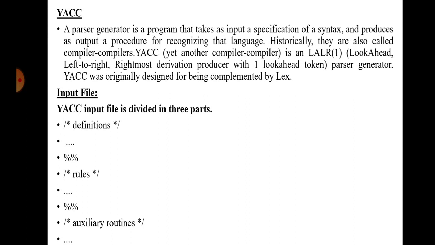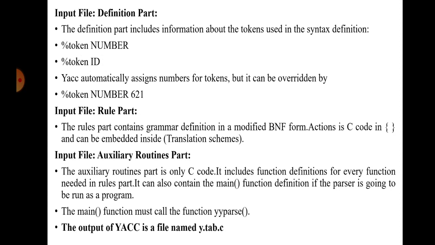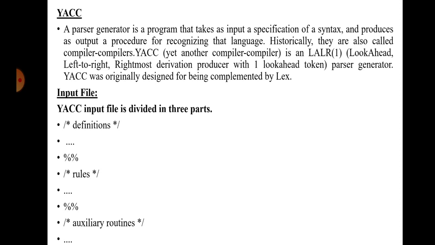YACC is divided into three parts, the same as LEX: definitions, rules and auxiliary procedures. The parts are separated by double percent signs. The definitions part includes the declaration and definition of all tokens, variables, keywords, numbers, etc. The rules part consists of patterns followed by actions. Patterns are regular expressions, followed by the particular actions to be performed on the corresponding regular expression. The last one is auxiliary procedures, which are mainly used to perform some actions needed in the rules part.